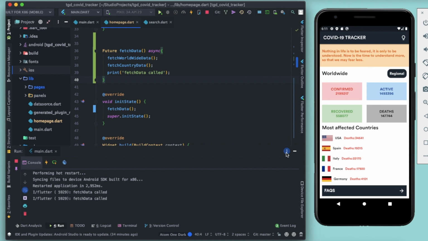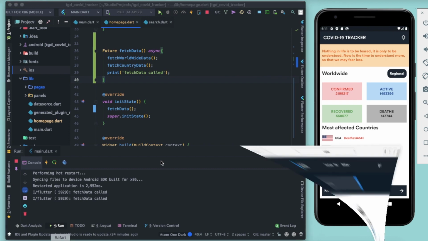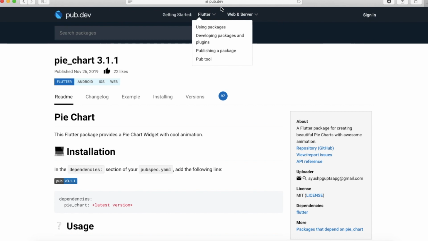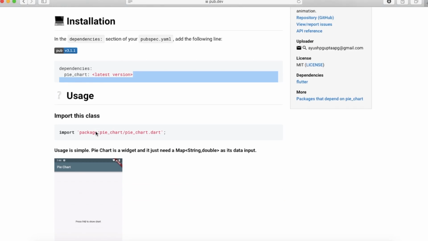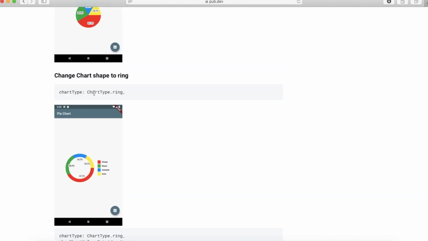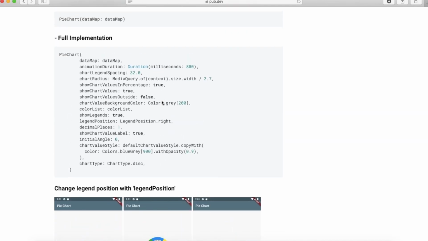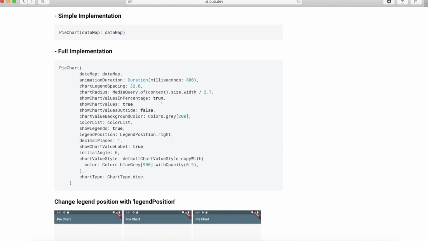In this video, for the sake of simplicity, I'll be using a pre-built widget. Kudos to the developer who made it. Go to pub.dev, let me just open it. Go to this website, pub.dev, and search for pie_chart, and this plugin you can use to very easily make pie charts. All the custom paint work has been done in this plugin, but if you want to add more customization to it, you can certainly go to my UI video, it's in the info section as well as in the description. So go and check it out, you might find it helpful.